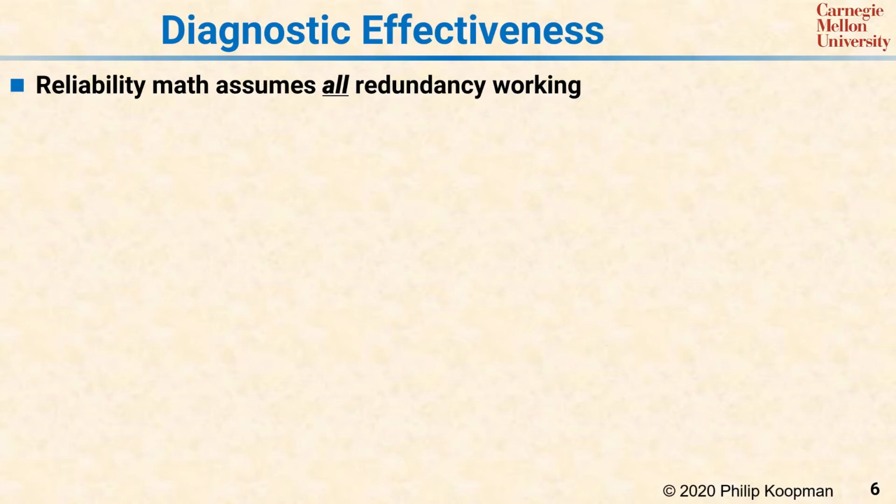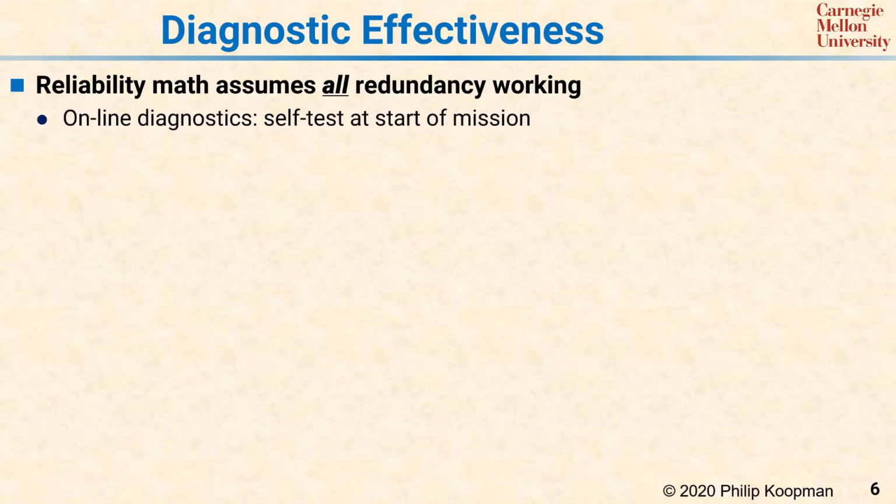One way to find latent faults is with online diagnostics such as a self-test at the start of the mission or continual background checks while the system is operating. While these cannot find all faults, they are certainly important for safety-critical systems. Creating a thorough self-test can be very challenging, so you should use a vendor-supplied library such as IEC 60730 self-tests